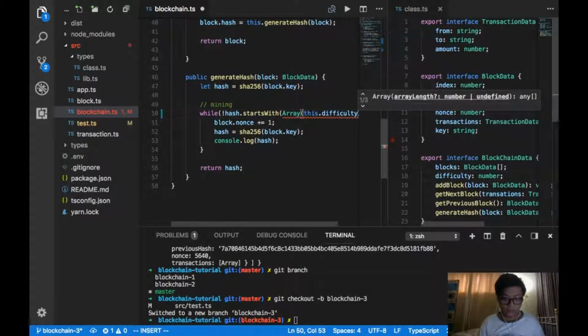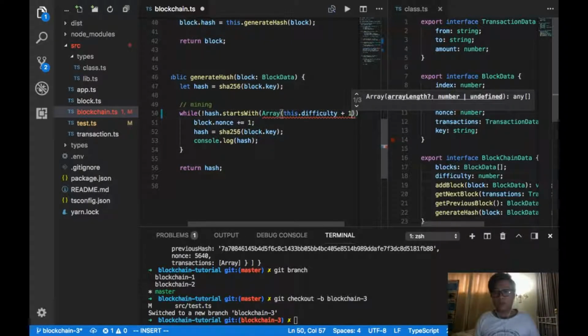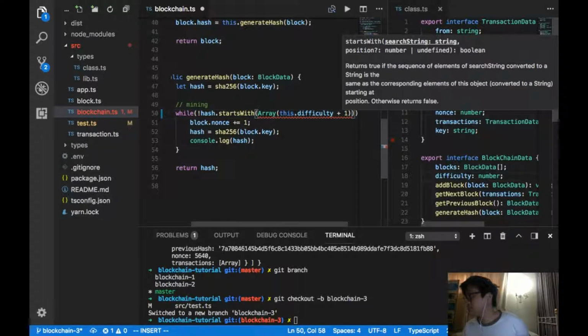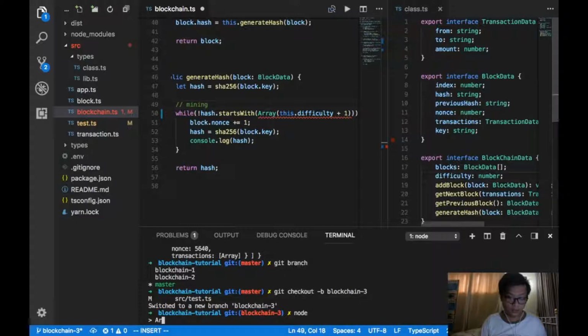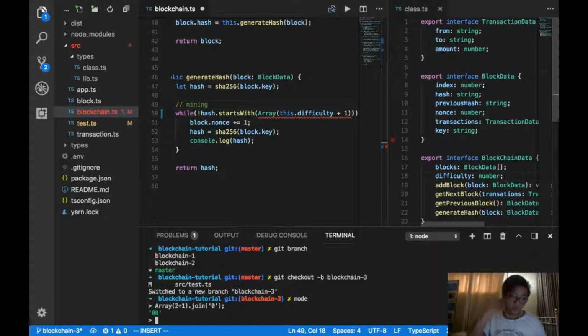Difficulty + 1, because in array. I'll just show you what happened: the array, for example, is 2, the difficulty + 1, then we're just gonna join it with the zeros. So see that when I have 3, it joins to become 2,